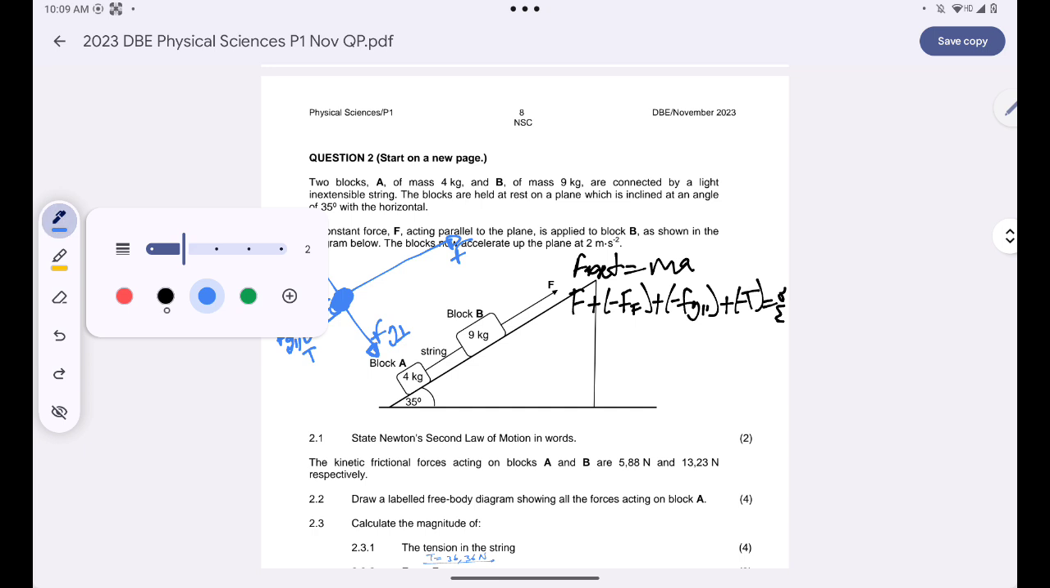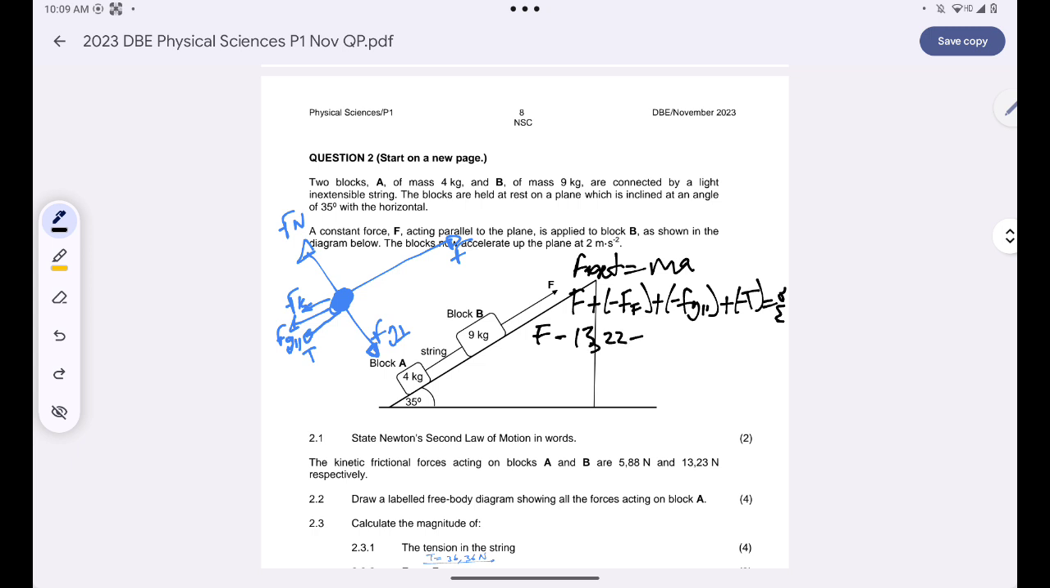Okay, so now I'll simply have F minus the frictional force, which is 13.23. Fg parallel is negative 50.59. Then my tension is 36.36. This is still equal to MA. Remember that MA is 9 multiplied by 2, which is just 18. So whenever I substitute there, I'll end up having F to be equal to